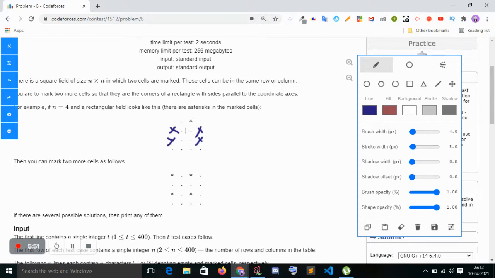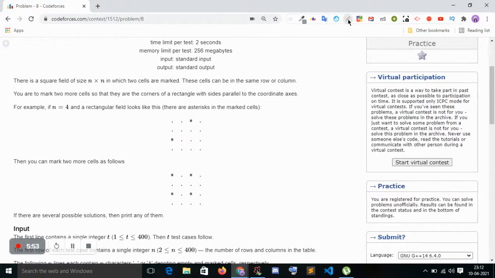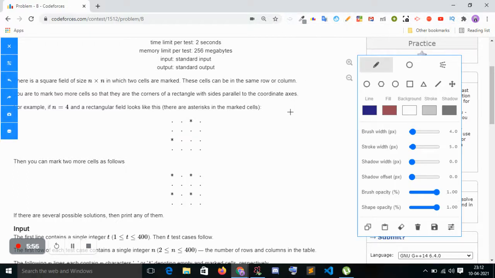You can choose anybody. Okay, after same row and same column, we have one more condition: if it is in a diagonal. So in a diagonal, how do we solve this question? Let's assume this is one diagonal, and another diagonal is similar to this.